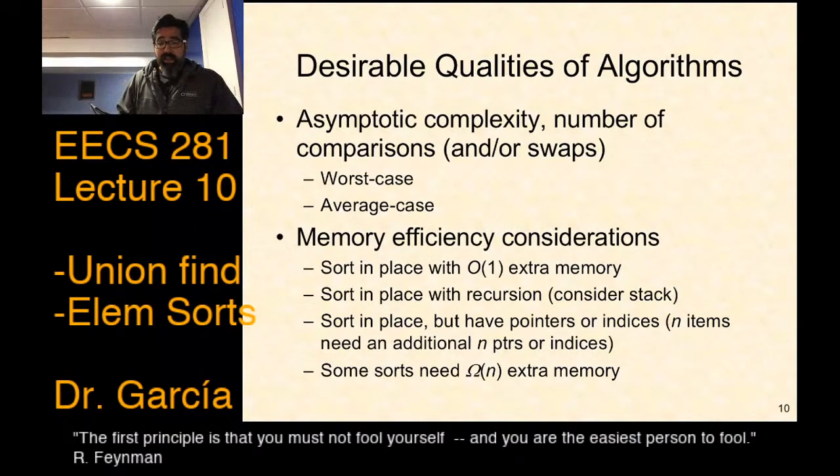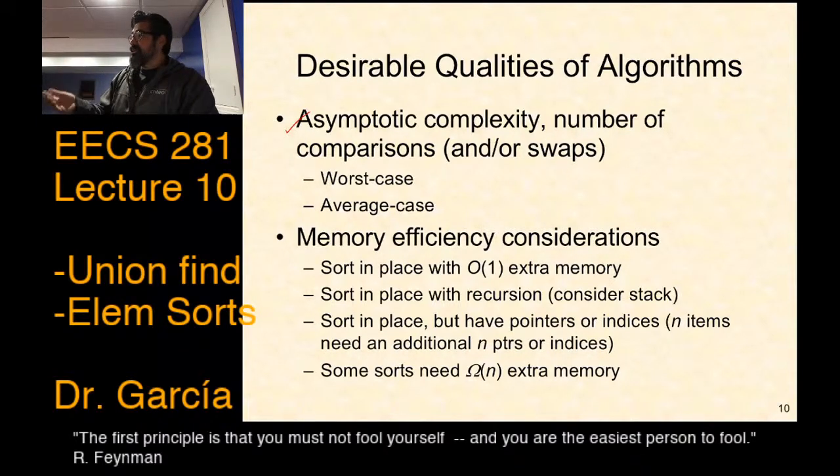Okay. All right. So as we analyze these algorithms, what is it that we're looking for? Well, obviously we care about asymptotic complexity. And to save you the suspense, for all these algorithms, the asymptotic complexity on the worst case is O of n squared. That's why we're calling them elementary sorts. But with sorting,